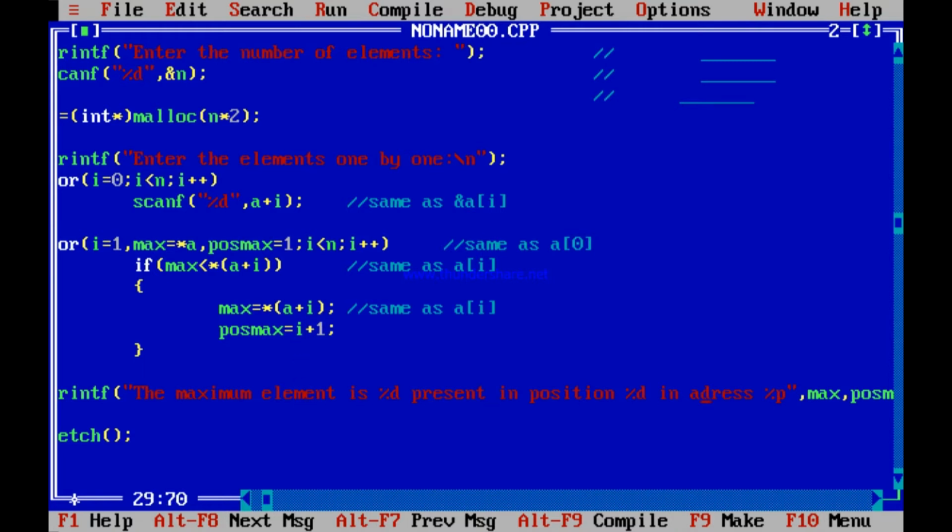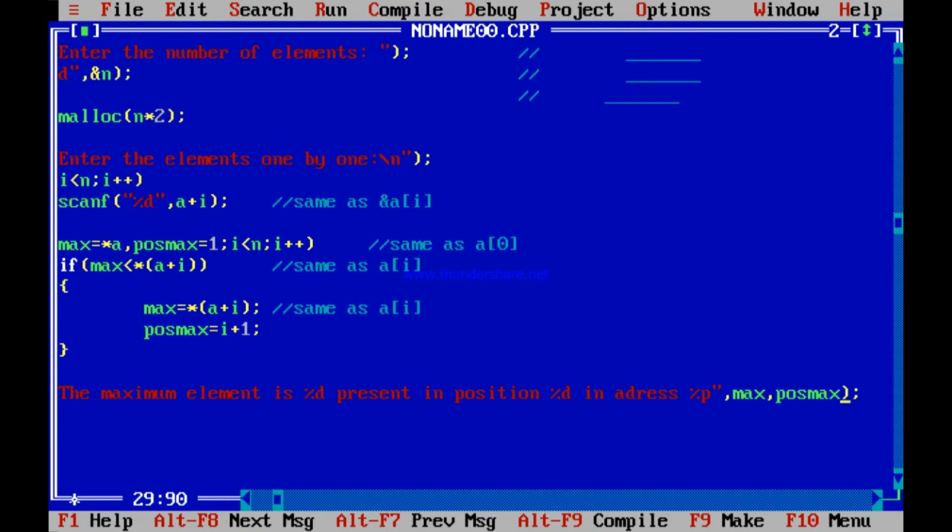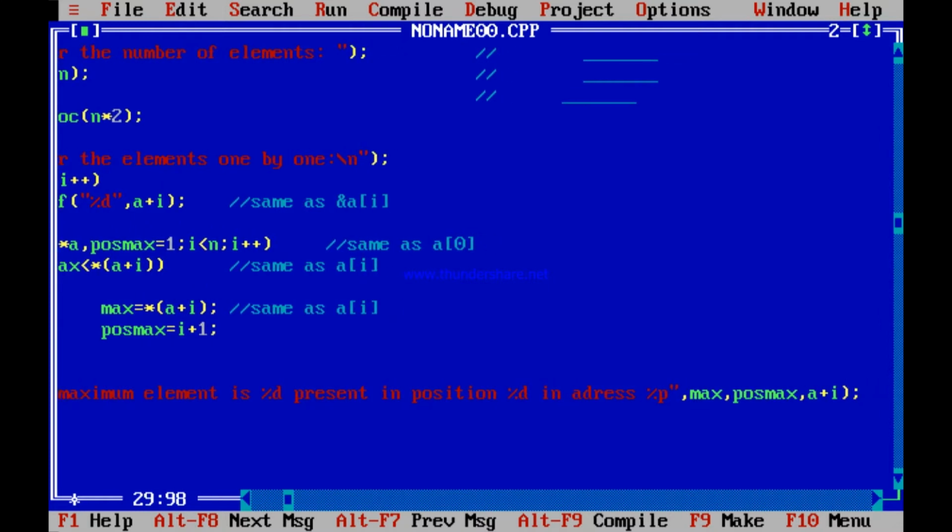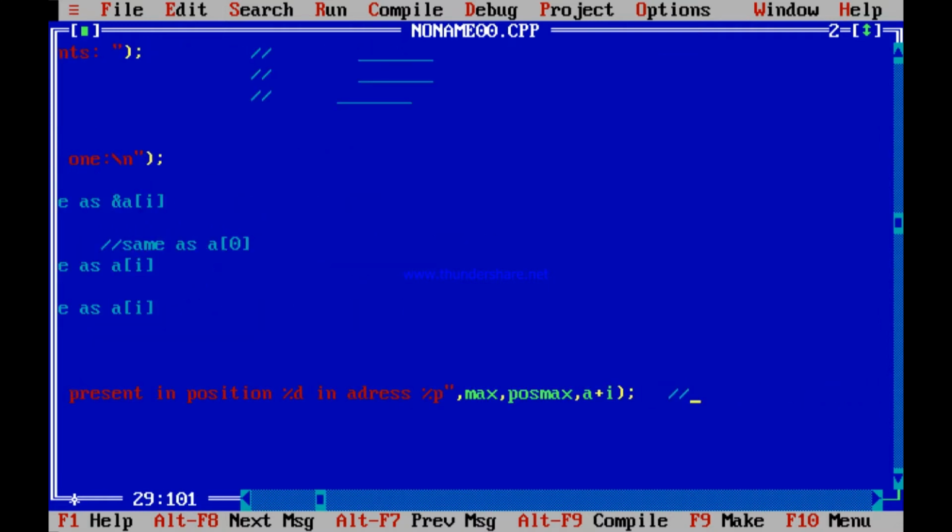So what do you need to print over here? You just need to print a plus i. a plus i is the address, or &a[i]. a plus i is the same as &a[i], is it not? So you are printing &a[i], which means you are printing that address where it is present. &a[i] is the address where this maximum element is present, because after all the last a[i]